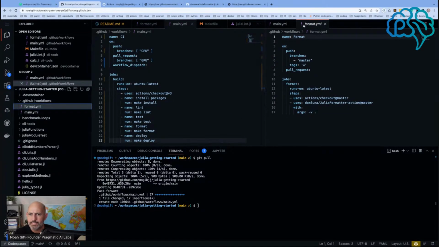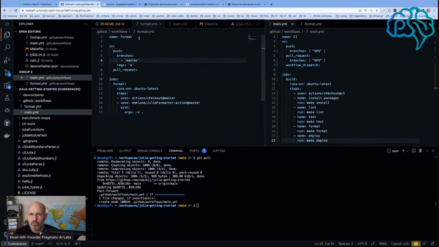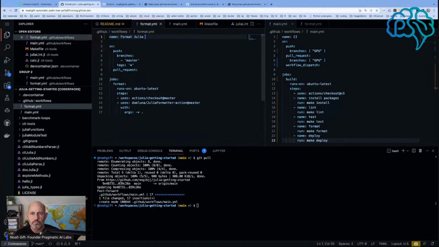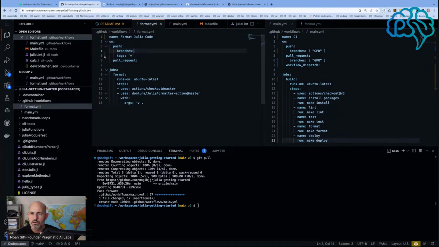And let's see here how we can make them very similar. So we have format Julia code, and then you can say push branches, push all. We don't need tags. We don't care about pull requests. Real simple: jobs, build, runs on, steps,